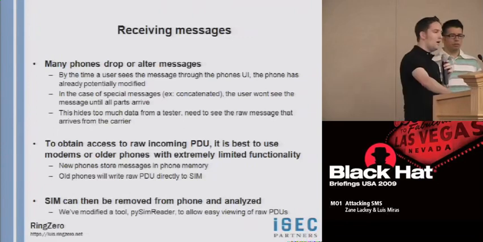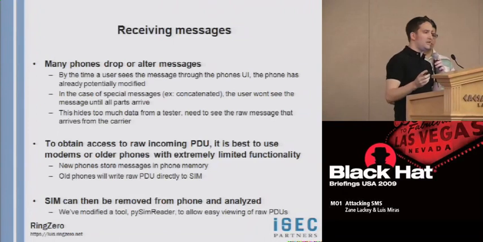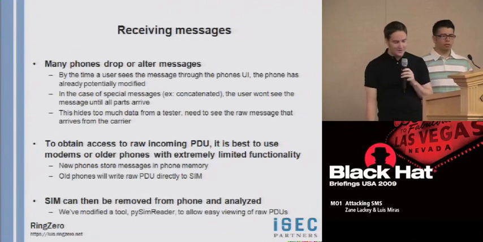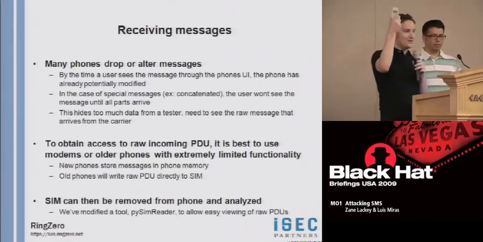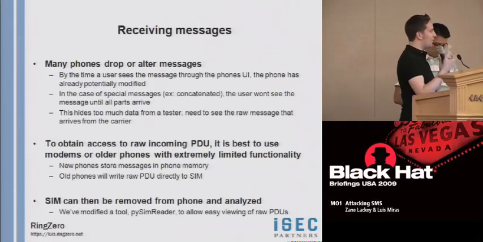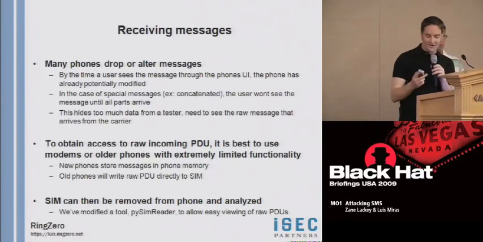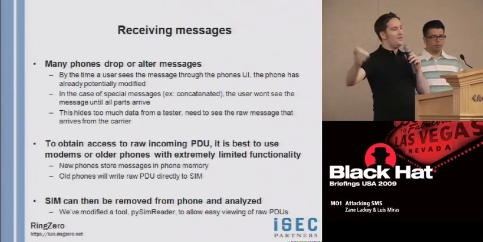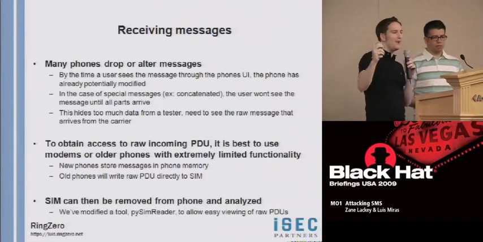First of all, the easy way was just get one of those GSM modems again, and you can just query the incoming message via an AT command and check out the PDU that way. The other way that we first did this, long before we got the GSM modem, was we used an old school phone like one of these old Nokias. And these old Nokias, because they don't have internal phone memory, what they do is they save the message out to the SIM. So what we do, I think you guys will appreciate this, we would put this phone next to an unshielded speaker, and when the speaker started going haywire, we knew a message had been sent down to the phone. We'd pull the battery from the phone,